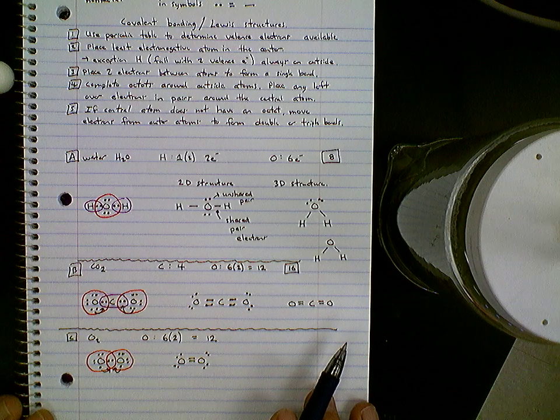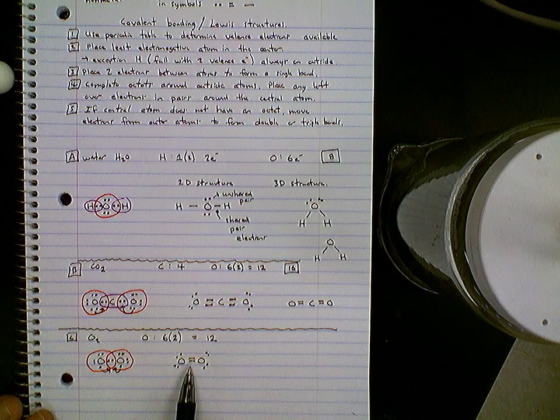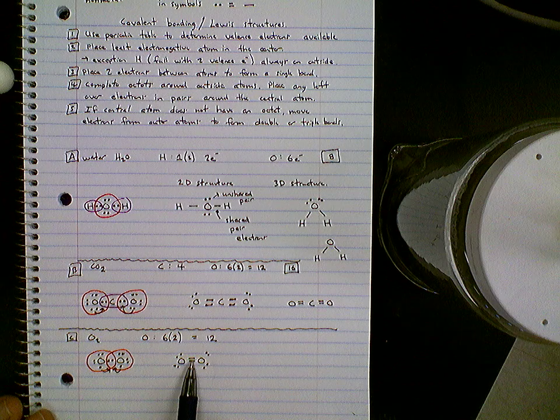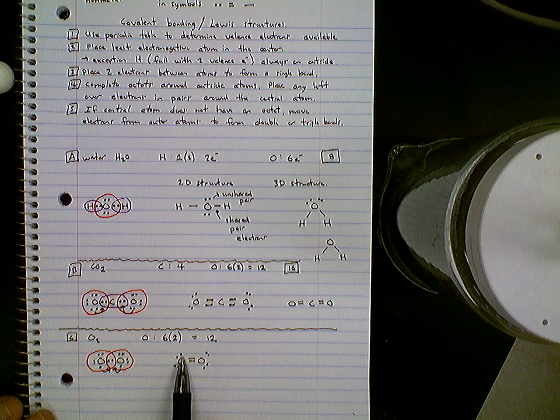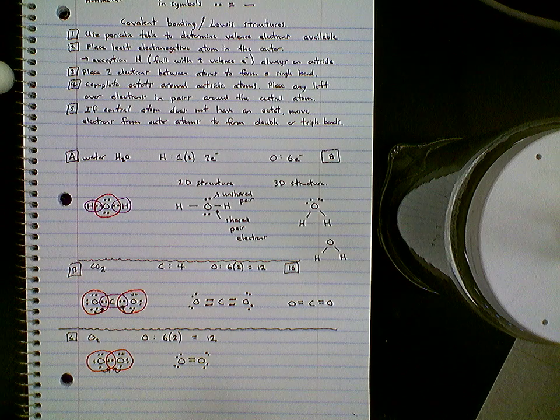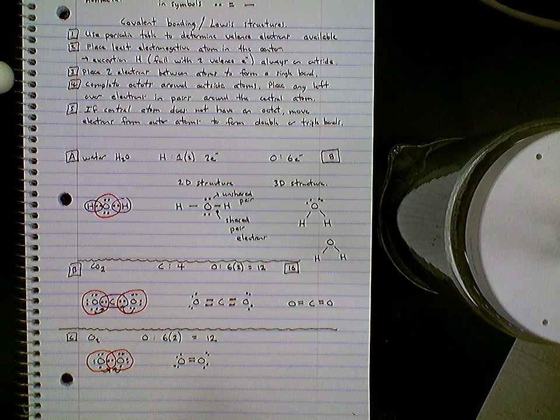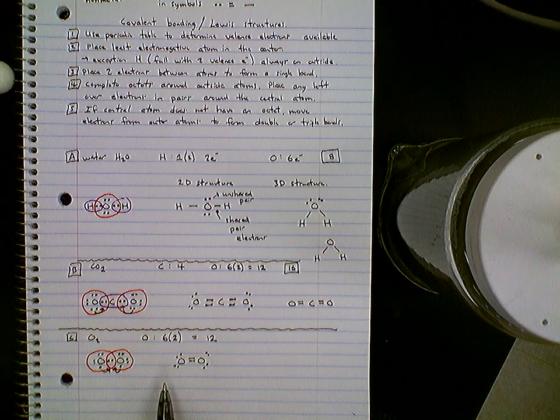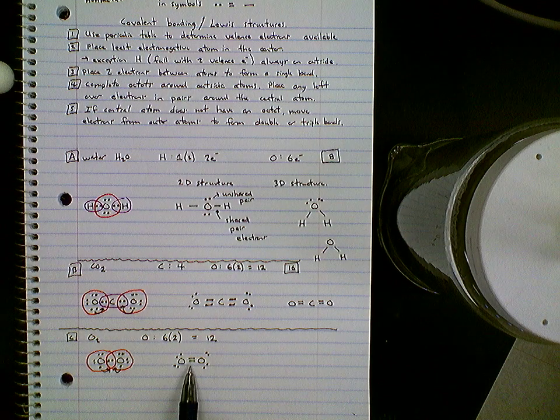Let's make sure we only have 12. Well, the line represents 2, so we have 2, 4, 6, 8, 10, 12. And we've shown our oxygen molecule double bonded with its 4 unshared pairs of electrons and a double bond in